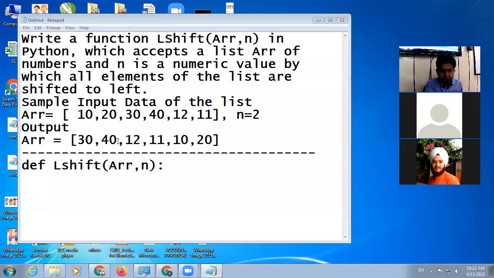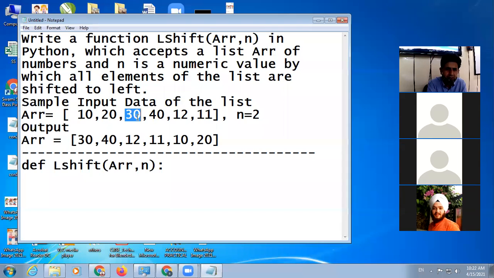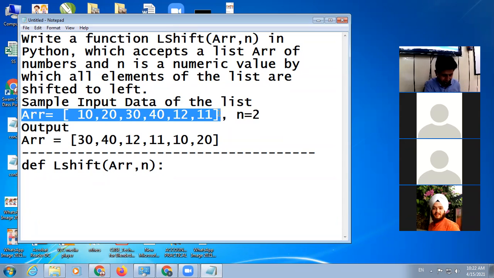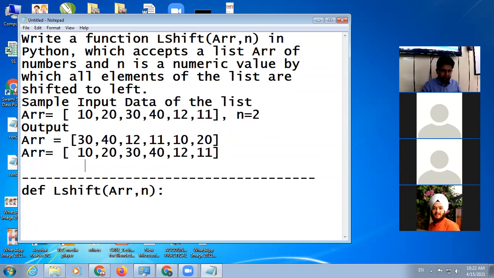Now, the program is saying that the variables you have, you have to shift them by that many positions. So first of all, write down the indexing. So we know that indexing is 0, 1, 2, 3, 4, 5. What we want is that 30 will be in the first location, then 40 in the second location, then 12, like this.